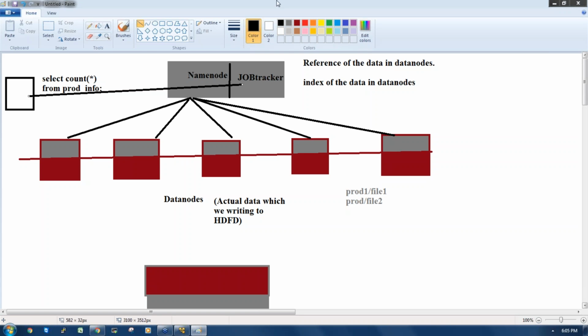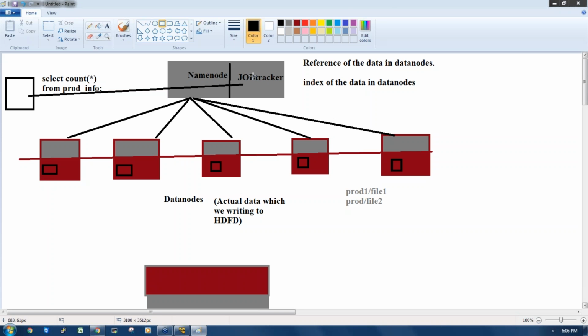So here in every data node we have a task tracker available, right? See here, each task tracker resides in each data node. So however many data nodes there are, in each data node we have a task tracker, and in the name node we have a job tracker. So always the job from the client is taken by the job tracker, and the job is assigned to the task tracker. So always a task is executed by the task tracker. So the task tracker resides in a data node, the job tracker resides in a name node, right? So these are the Hadoop daemons, or we can say Hadoop processes.